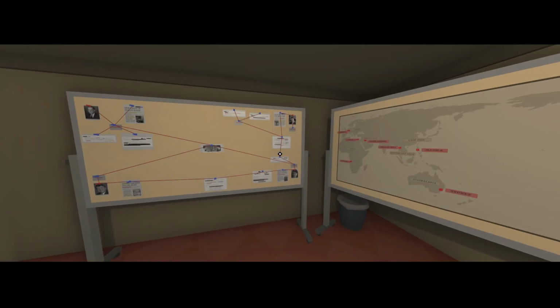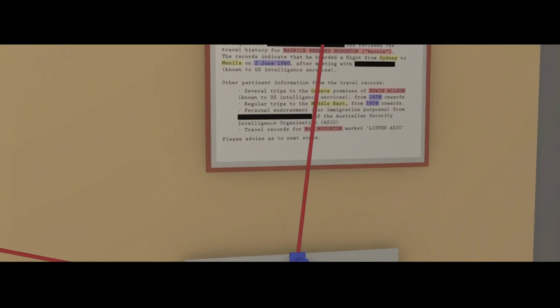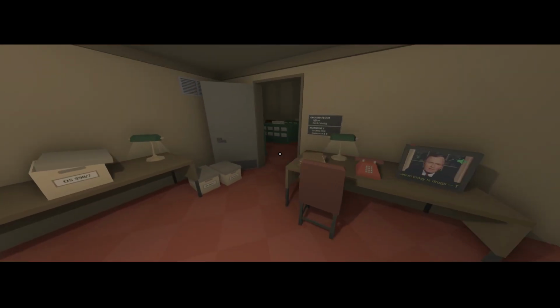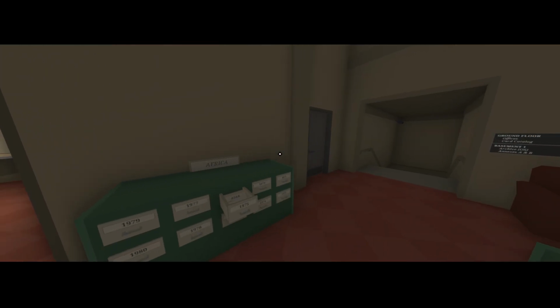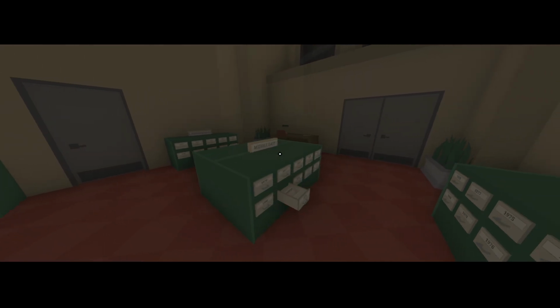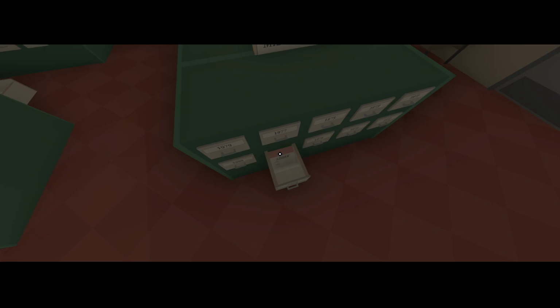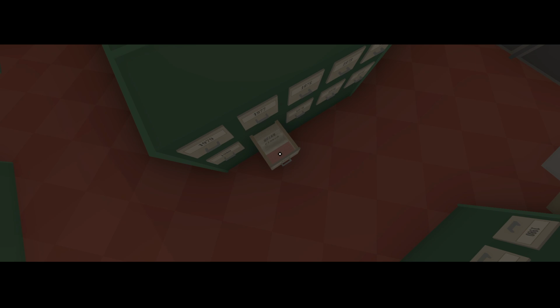Oh, where do you check 1980? I just see someone out there. Edwin Wilson, Middle East, 1978, maybe? Let's look in the Middle East for Edwin Wilson. Well, we already went through this one, though. Yeah, no one. Okay.